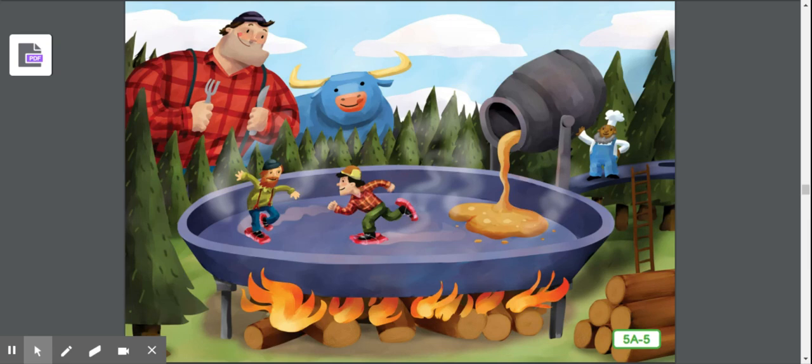Thanks to Sourdough Sam and his overgrown flapjacks, Babe eventually grew to be even bigger than Paul. He was so big that if you were standing at his front legs, you had to use a telescope to see all the way to his back legs. In fact, he was so heavy that his footprints filled up with water and turned into lakes. Babe making lakes with his footprints sounds like an example of what? In fact, there are more than 10,000 lakes in Minnesota today, and most of them were created by Babe the Blue Ox back in the frontier days.